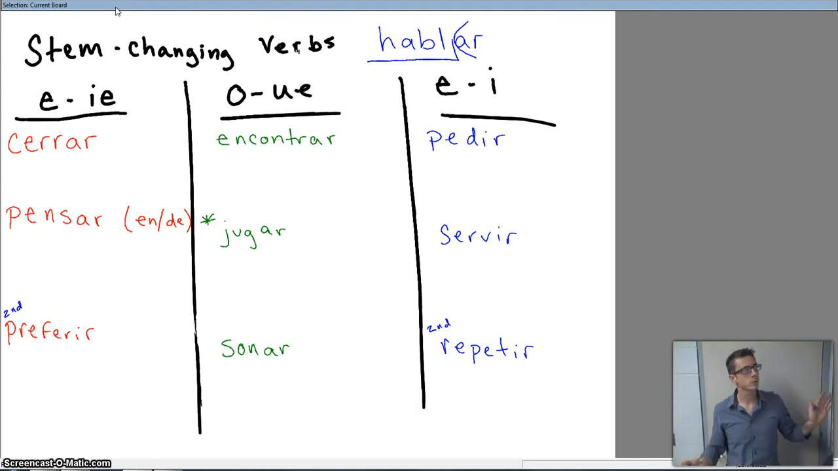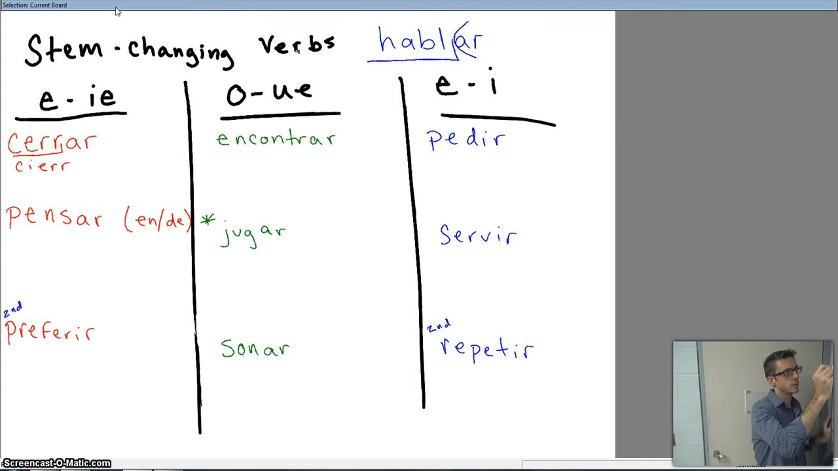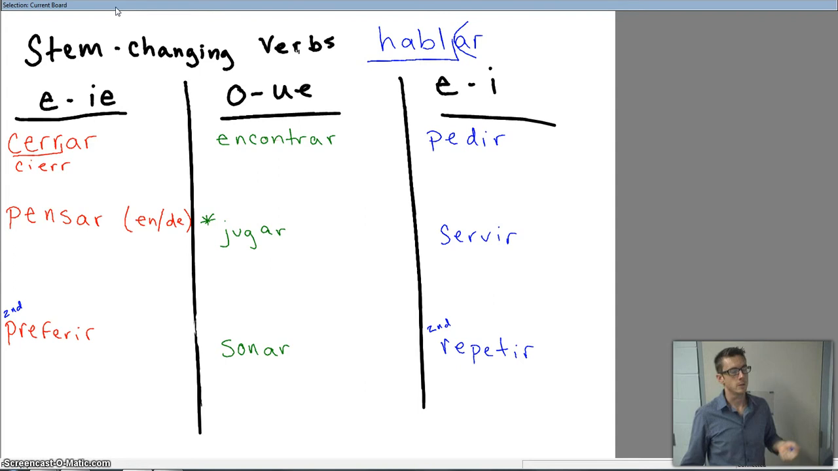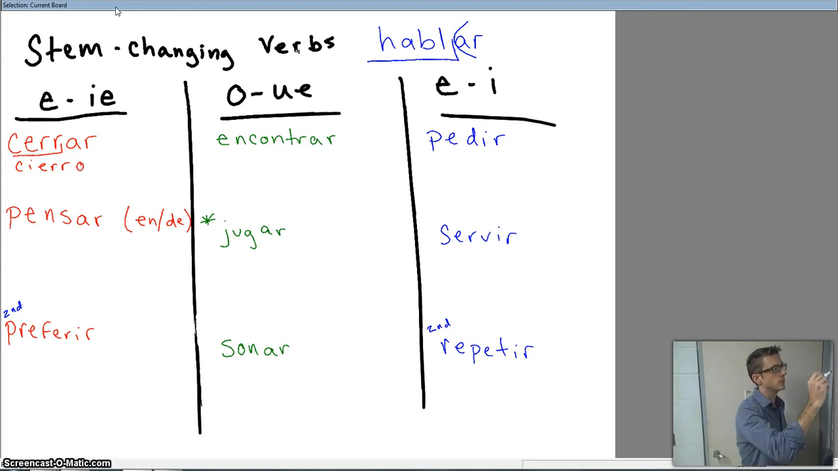Cerrar, what's going to be the stem of our verb cerrar? Yeah, you got it. We're going to knock off the infinitive ending, and we have cerr. All right, so that has to change. If we look at the group where cerrar is located, it's an E to IE verb. So in order to conjugate, you have to change the stem from E to IE. Now it follows the same conjugations as you've learned this entire class. Cierro, cierras,